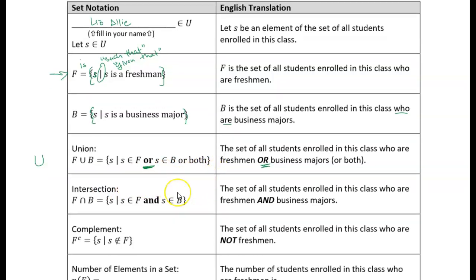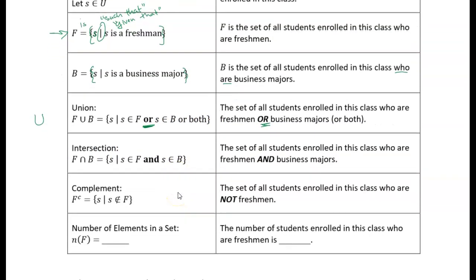The intersection, we also had some people in the intersection of the two sets, which meant that they were both freshmen and business majors. So for the intersection of two sets, we use this symbol, this kind of upside down U, to represent the intersection of two sets. And we read it as "and," okay? We read it as "and" because the intersection of the two sets, F and B, is the set of all students such that a student is an element of F, the freshman set, and an element of B, the business major set. Okay, so to be in the intersection, you have to be both a freshman and a